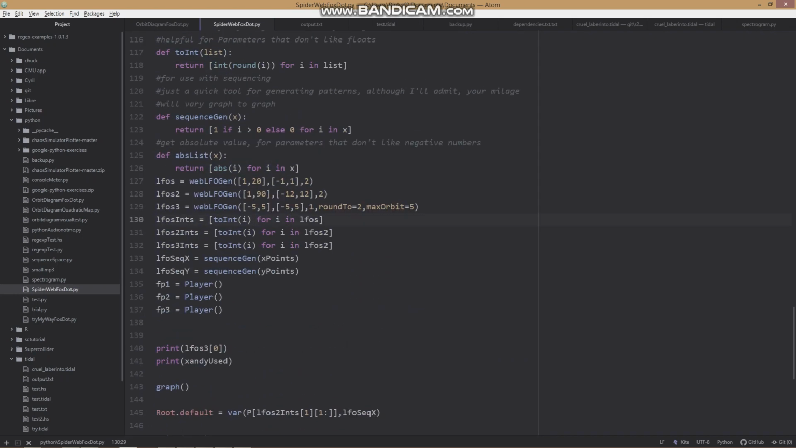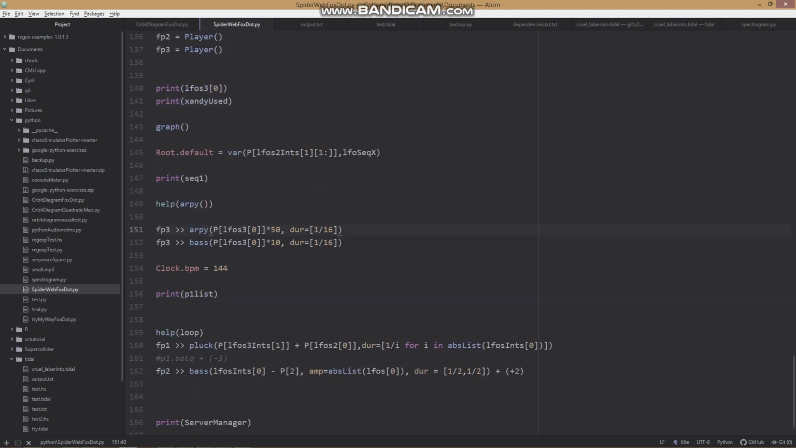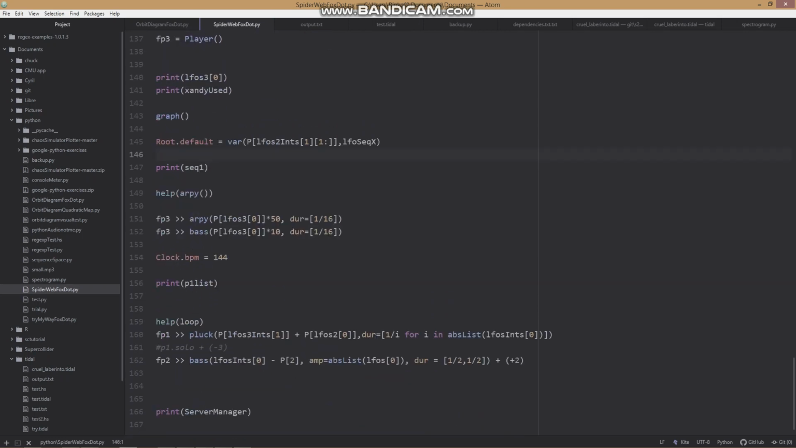And then I have a few functions at the bottom just to do useful things, like make all the values positive, or make all the values a binary sequence. Now that didn't sound very good, but